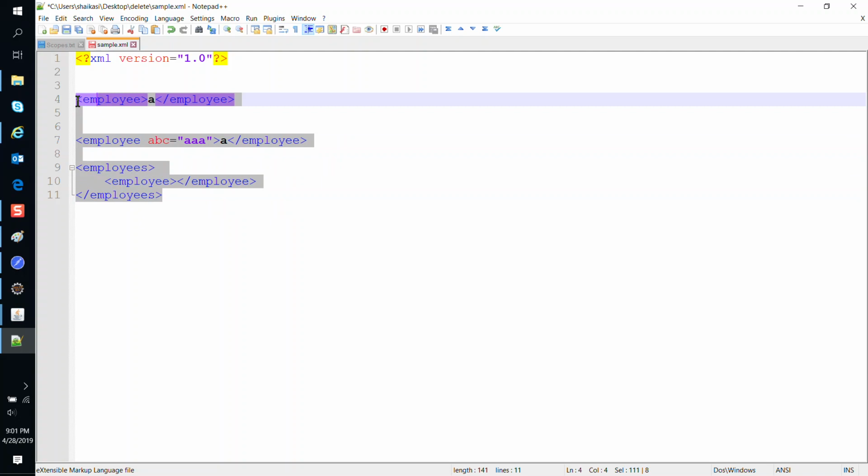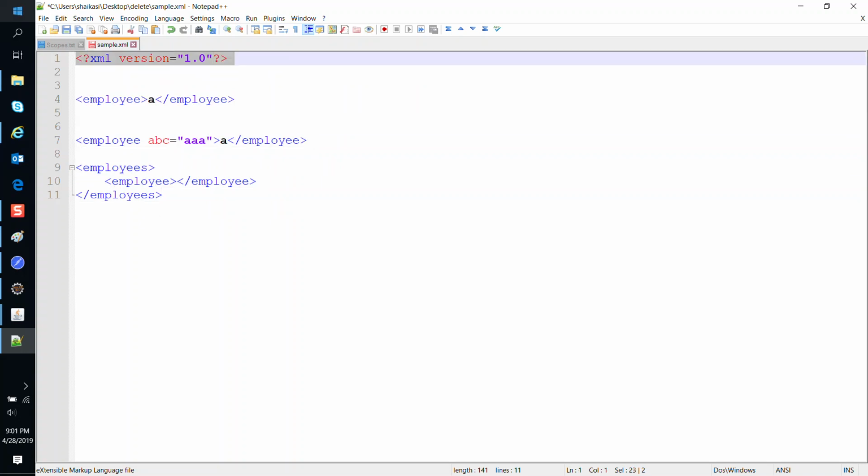The XML element should contain only one root tag. So what is the root tag? This is the root tag. Okay. To work with XML, we need to check if the XML is well formed or not. What is well formed? It needs to follow certain rules and conditions. Okay. So first of all,